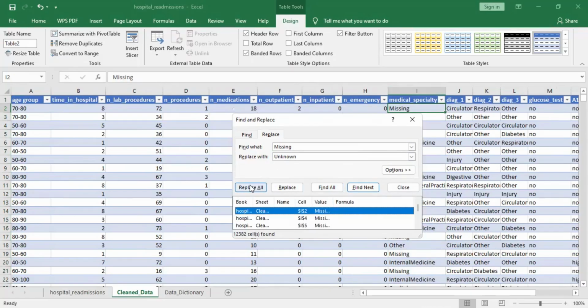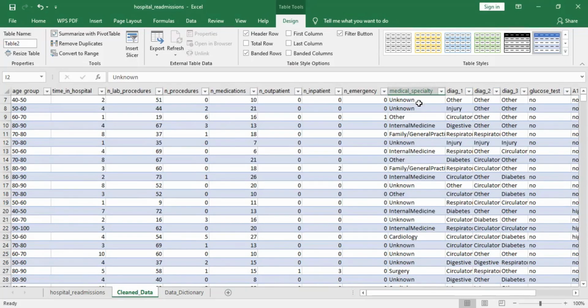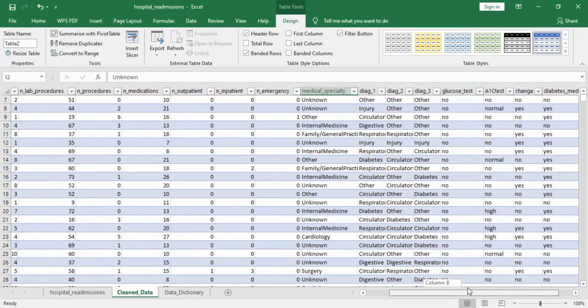Okay, so let's replace all. Yes, all done. We made this amount of replacement. Good. Changing the missing value to unknown keeps our data consistent and avoids errors during our analysis. So moving on, let's go to